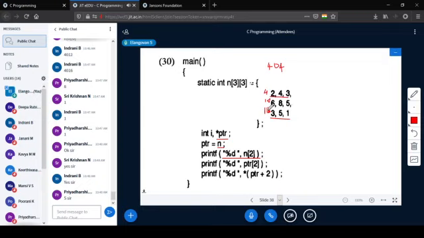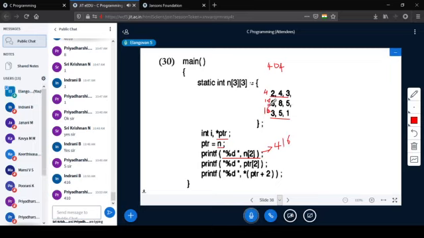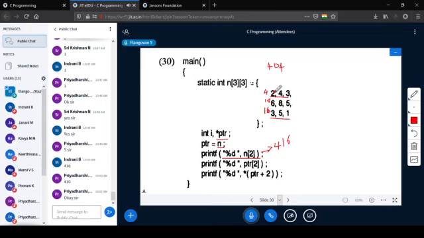What will get printed? n[2] means the address of n[2][0]. The address of n[2][0] is this. So 416. This is 410, this is 1,0. This is 0,0. 1,0. This is 2,0, which is 416. Okay. Next, coming here, ptr[2].